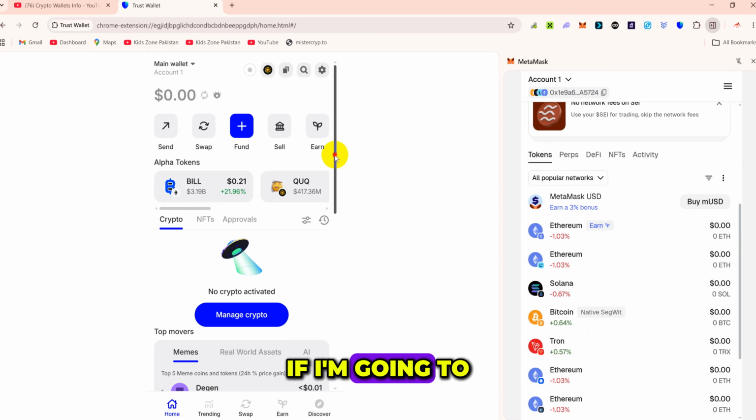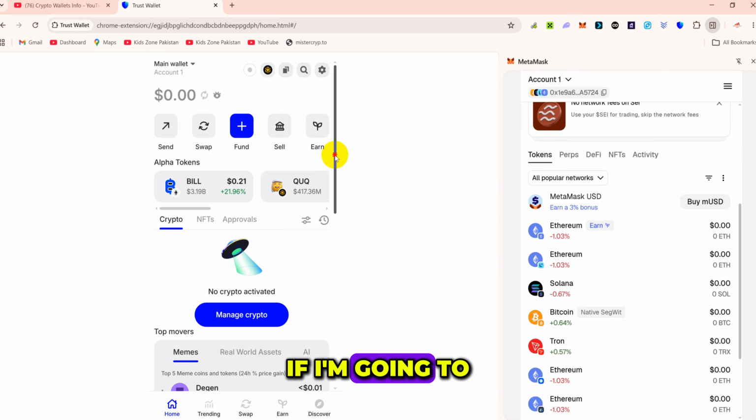Now waiting for this, it may take some time. You can see here, viewers, I have successfully imported my Trust Wallet in MetaMask.